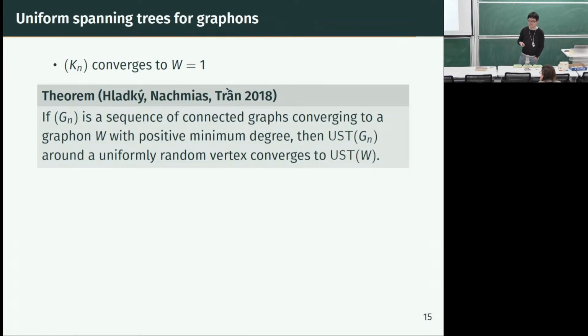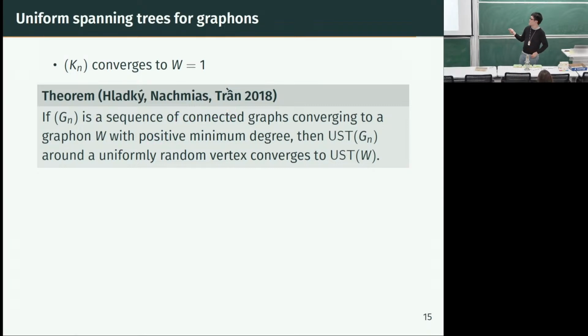So a result of Hladký, Nachmias, and Tran from 5-6 years ago now gives an answer to this for a large family of graphons and says the following. If I now have a sequence of graphs which are connected, not necessarily complete, which converge to a graphon W, and I have a slightly stronger condition than connectedness known as positive minimum degree, then it turns out